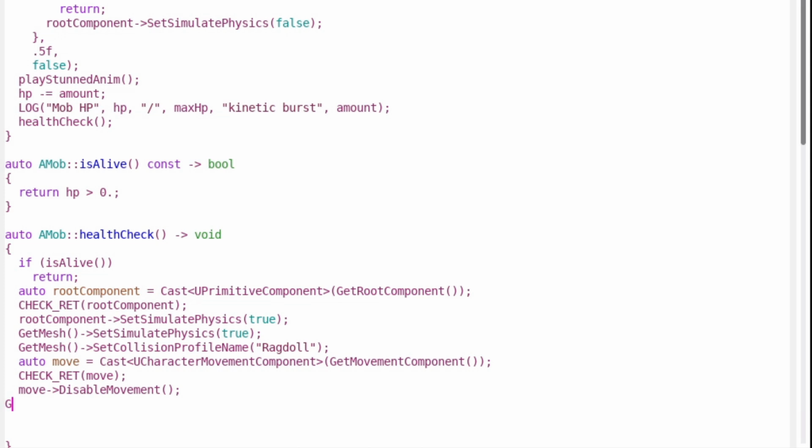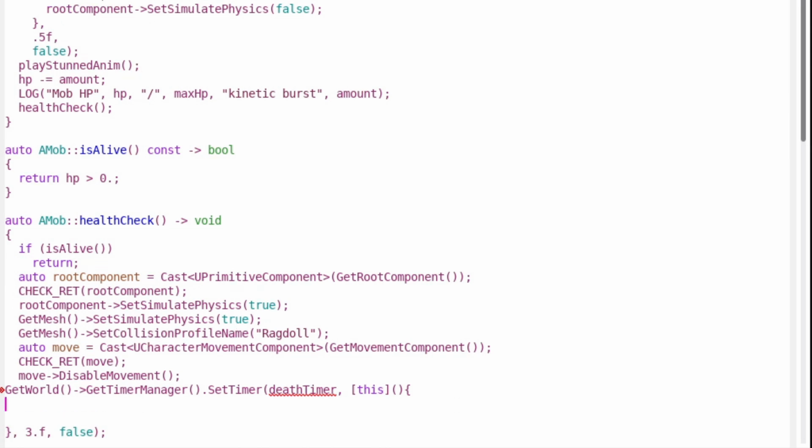I'm going to set up the timer: get world, get timer manager, set timer, and then death timer, and this is going to be a lambda, 3 seconds and not repeating, false. Then lambda,